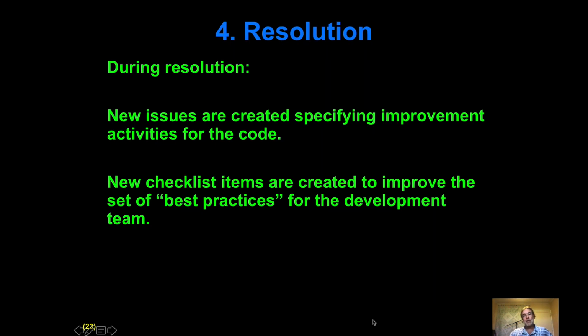Okay, and then following the meeting is a resolution stage. Resolution stage is basically create new issues as identified during the meeting and put them in the to-do column so that eventually the problems that you saw with the code are going to be fixed, and update your checklist items to improve things. All right, so there's a little overview of software inspection